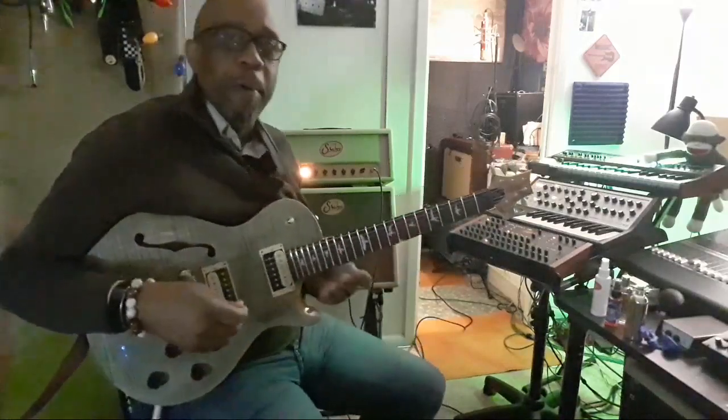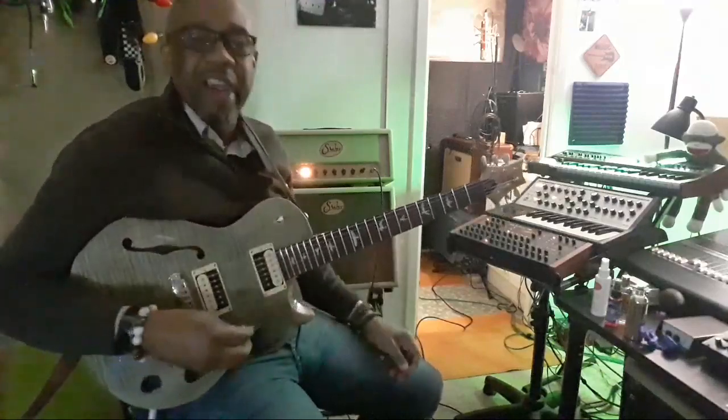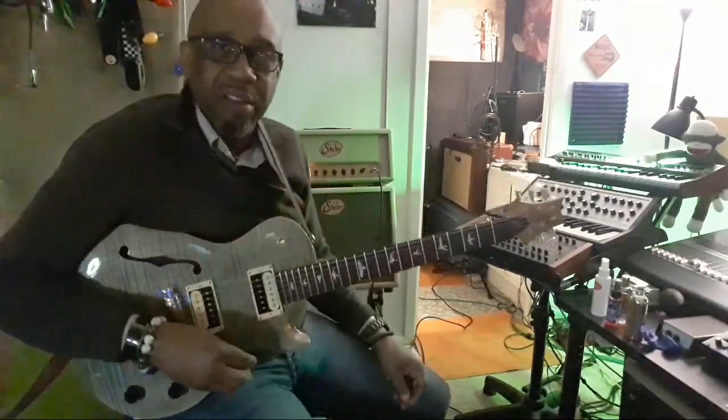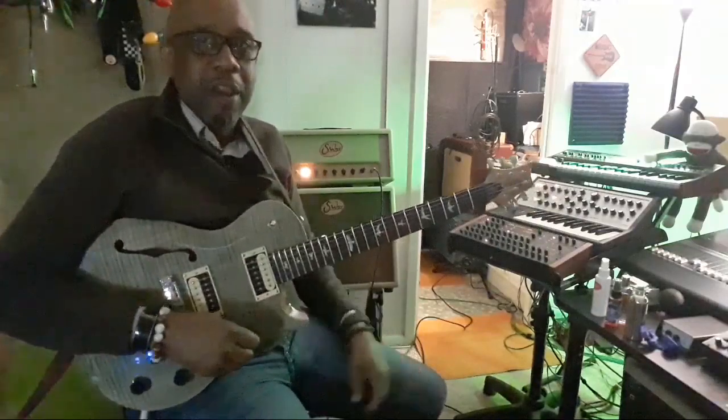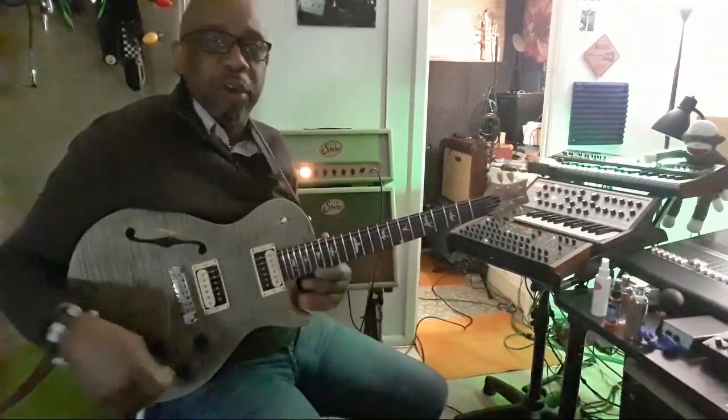Now, I'm just going to use the humbuckers tonight. There are no taps on here. It's just straight up, no tap. Should have had a tap on here somewhere, but Zach couldn't afford a tap. He couldn't afford it, so he just got the regular. Maybe I can get a switch put in here. No, I'm not going to do